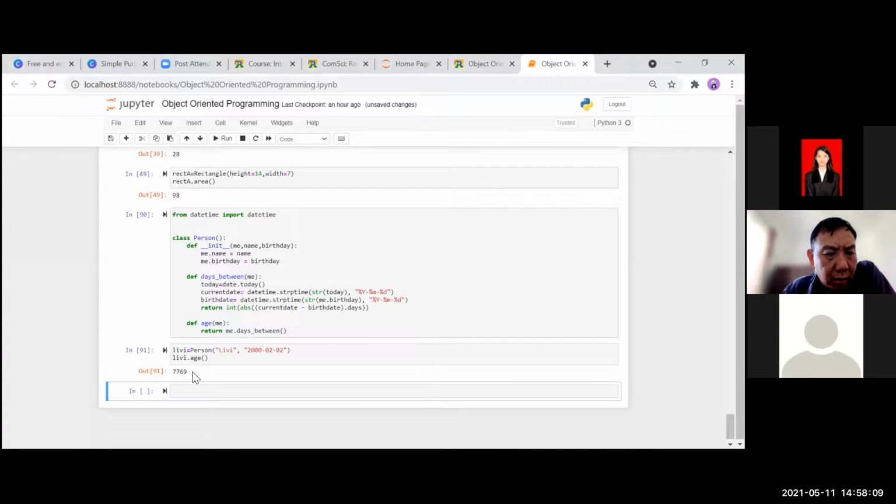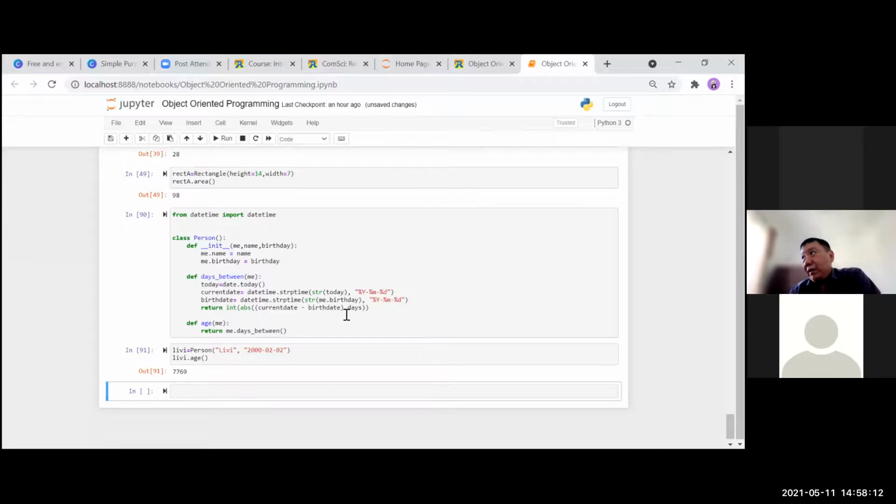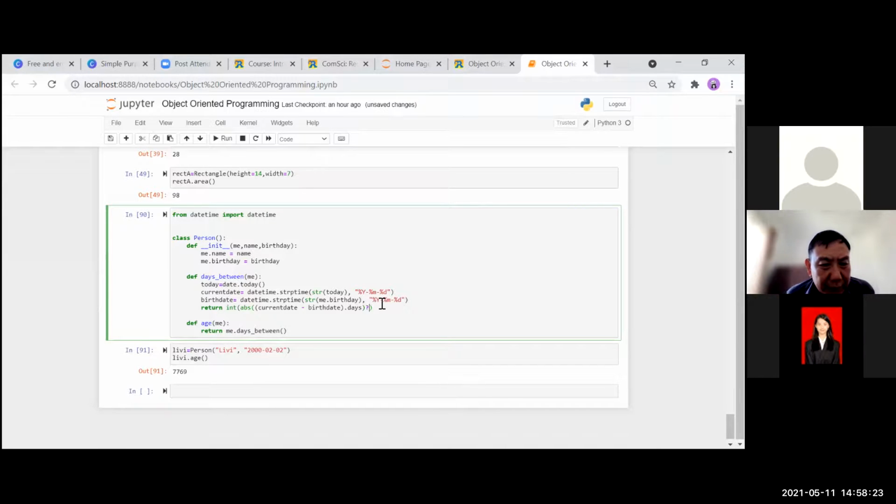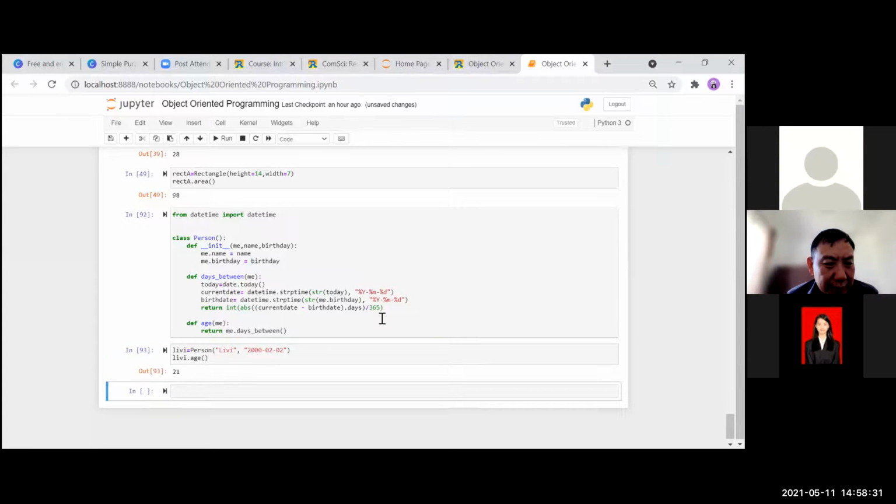And why then is it divided by 7? 365. Because you did not divide by 365. No. Keep the days. And then outside the parentheses, you divide by slash 365. Okay. Yes. It's working now. Great. Okay, thank you. Now you create a new class, name it student, and then that class actually inherited from